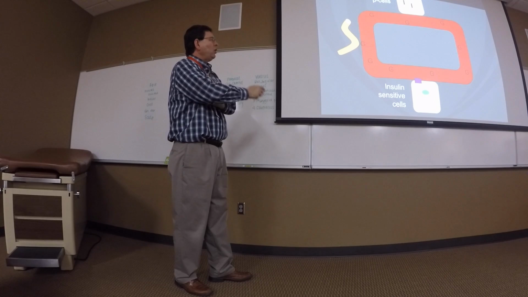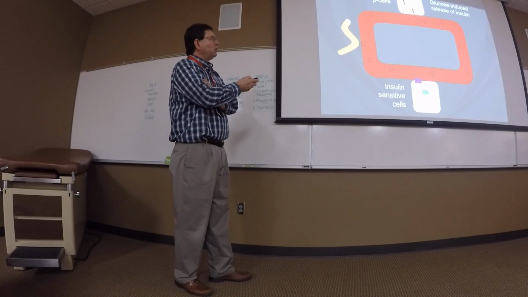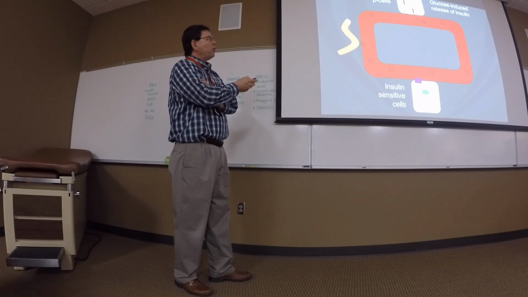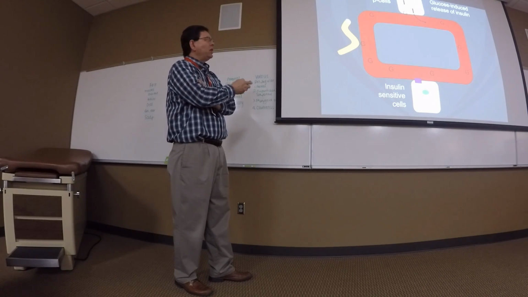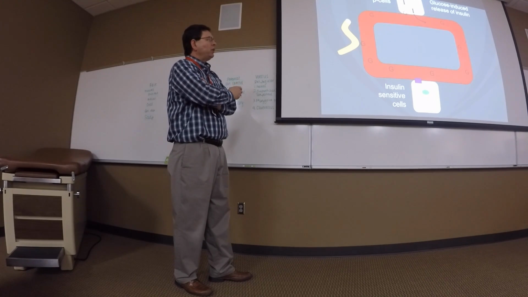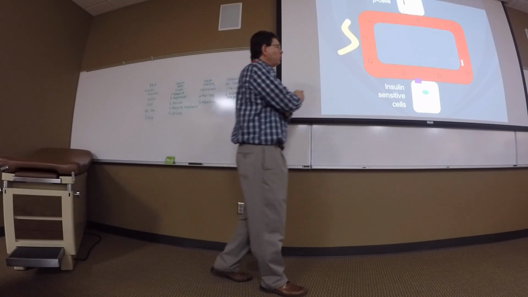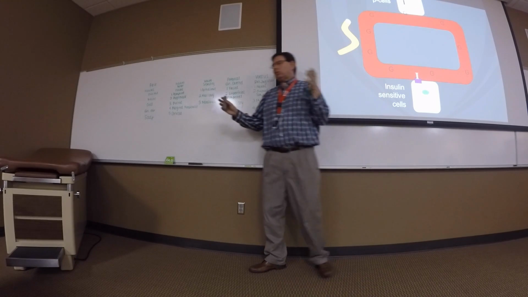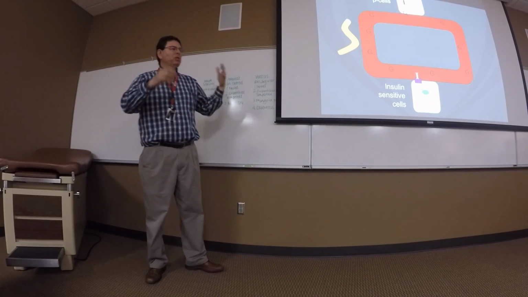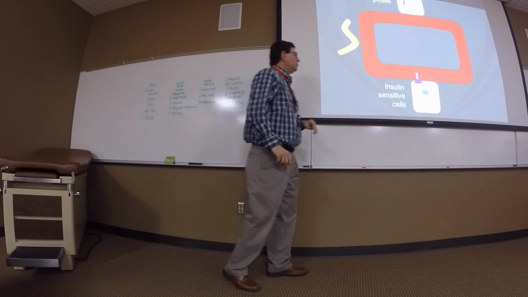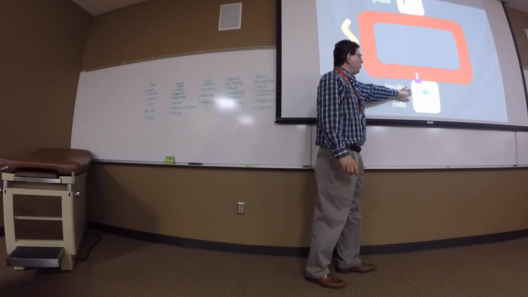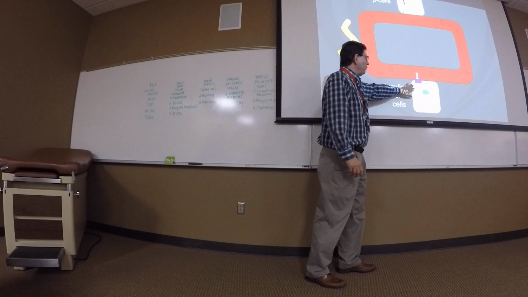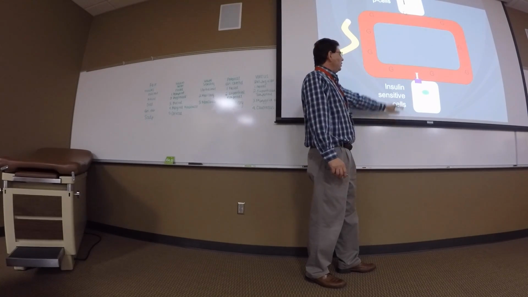So when we sense glucose in circulation, if it's getting just above normal, we're going to have a release of insulin from pancreatic beta cells. They sense and they synthesize and they release. That insulin's going to go throughout circulation, and there's actually insulin receptors on cells throughout the body. But once again, for the mass of it, your adipocytes and skeletal muscle are by far the greatest contributors of insulin-sensitive cells.